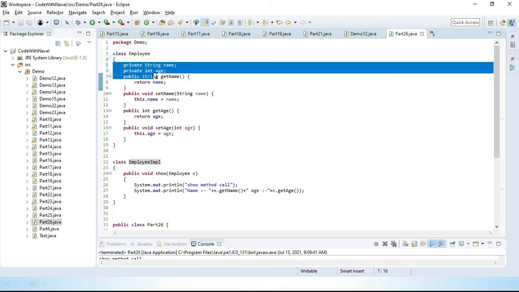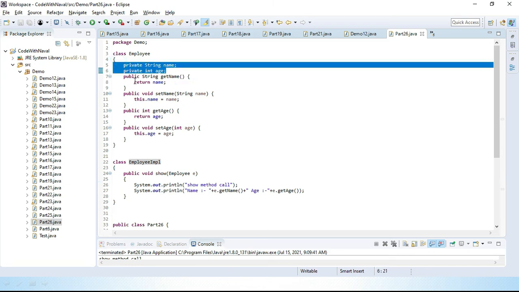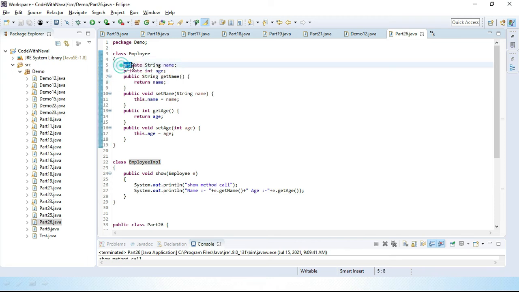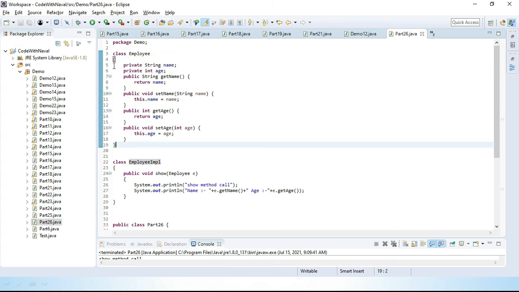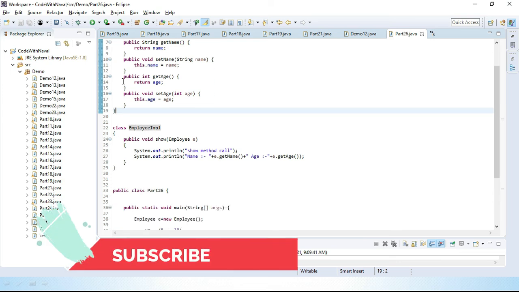Here you can see we define two private variables, and then we create a public getter and setter. Here we only provide private, that's why this class is called a tightly encapsulated class. So in this video we saw what encapsulation is and how we can define encapsulation. Encapsulation is nothing but bean classes. We use encapsulation in every project, because for transferring data from one layer to another layer we have to use encapsulation.